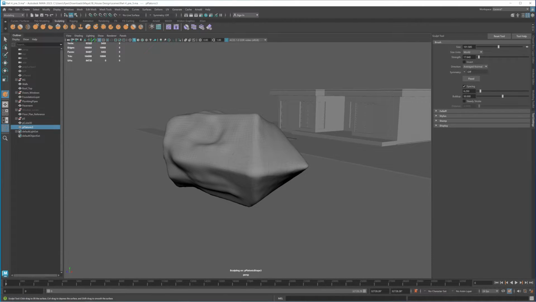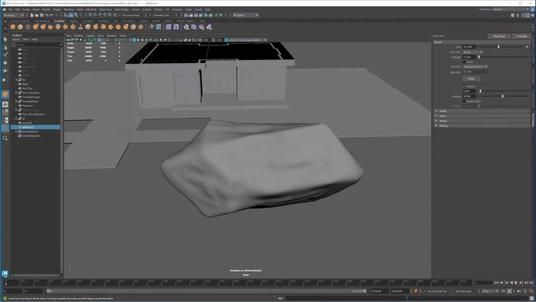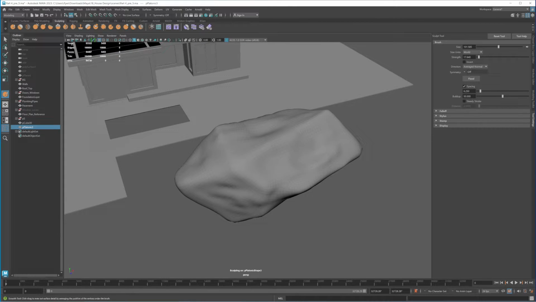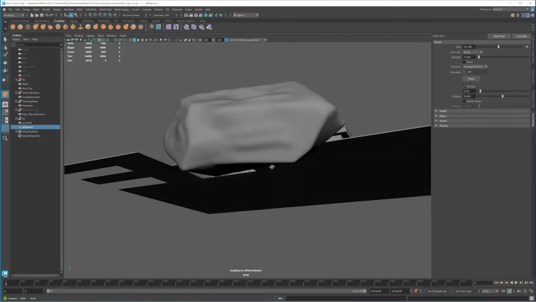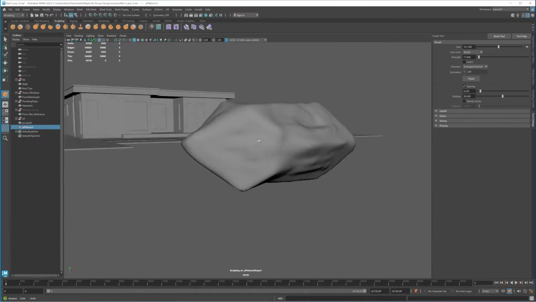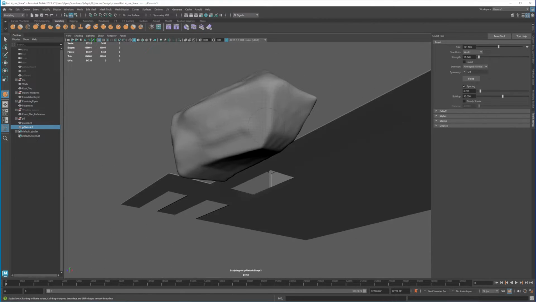I don't want to remove all of them completely. I still need it, because if you look at our reference, rocks normally have all those sharp edges, but what we want to do is to relax them a little bit, because the things we are going to do next is also going to bring them back. We're going to convert this into triangles, and that will make those sharp edges even more visible. So right now we just need to relax them a little bit.